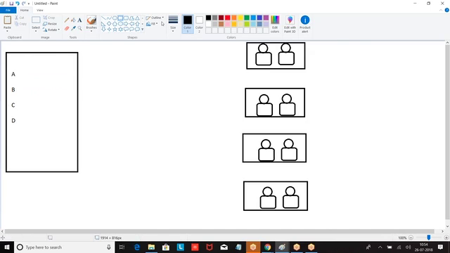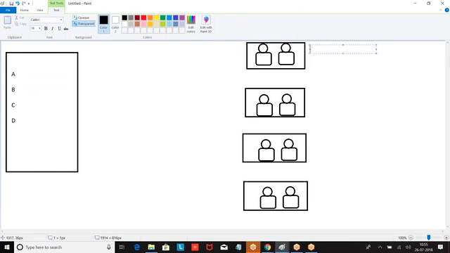A profile will tell what a user can see and what a user can perform. This group of people have a profile called husband family, and this group has wife family. So it is a profile basically. Husband friends, wife friends.